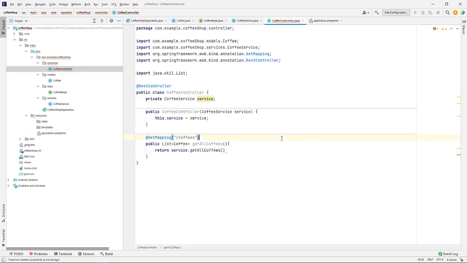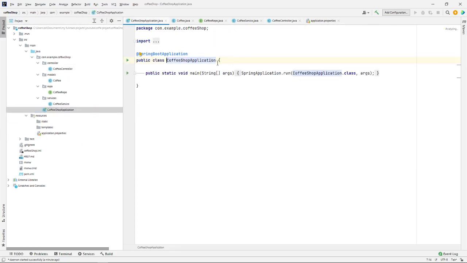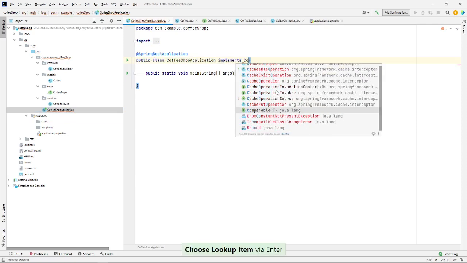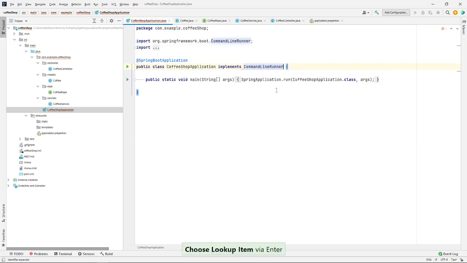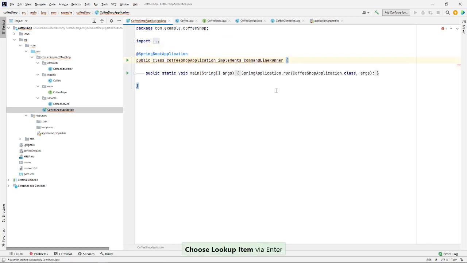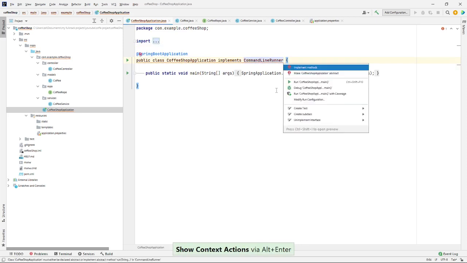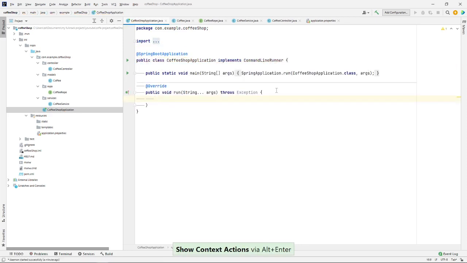We'll see what's going on here. We are missing something, and with that we are ready to go. Let's try it. One thing I should add here is to implement the command line runner, which will help us initialize our database. So let's create a